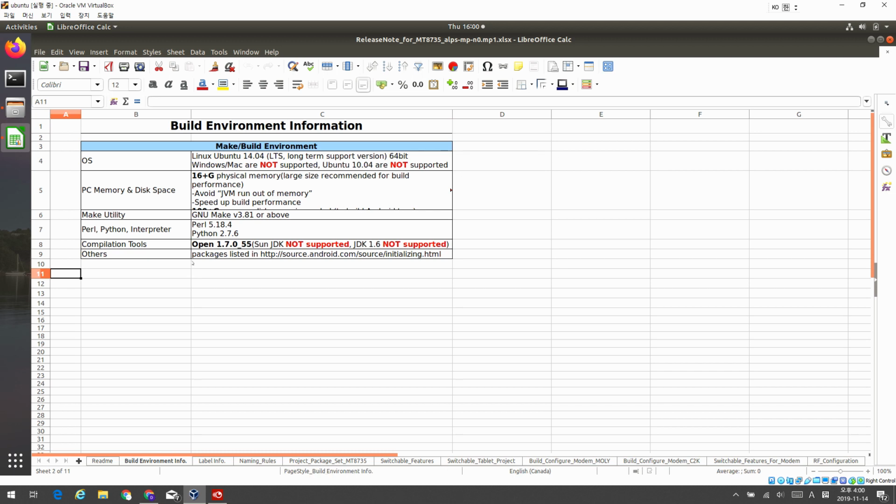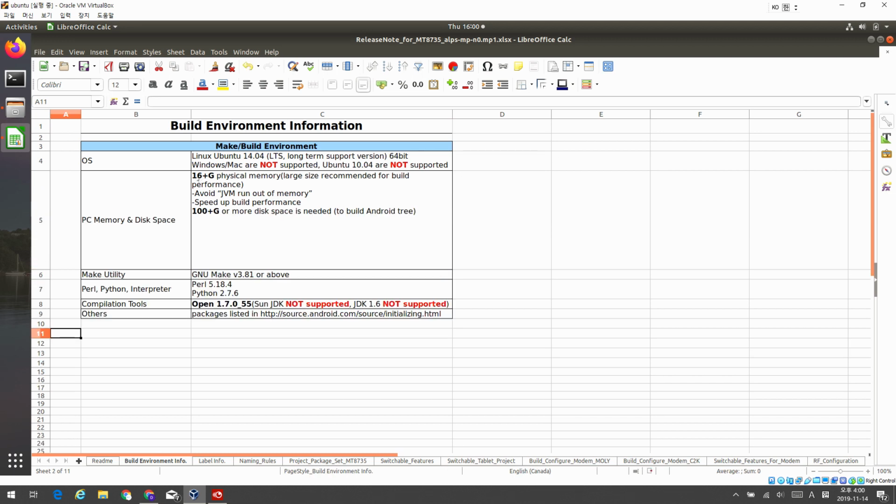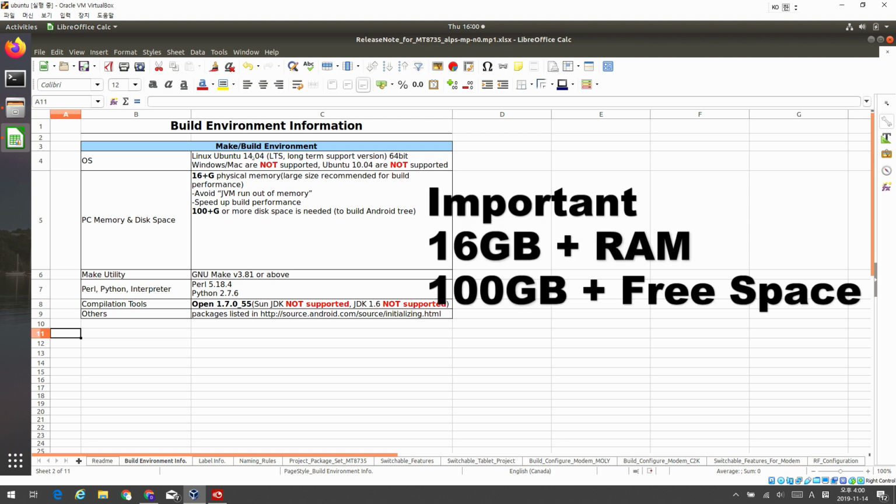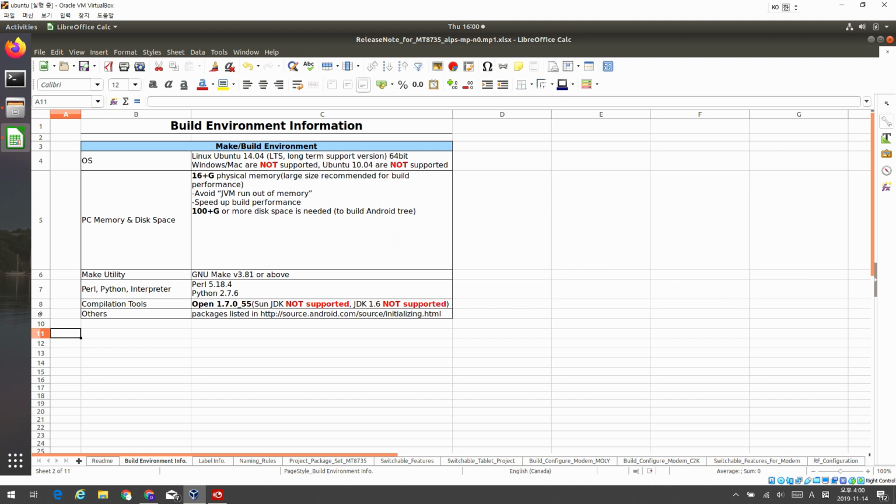The build environment says that 16 GB of physical memory and Ubuntu 14.04, which is the official build environment. But from my experience, 18.04 also works fine,